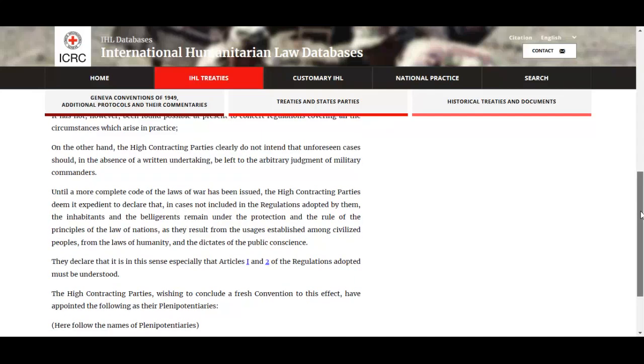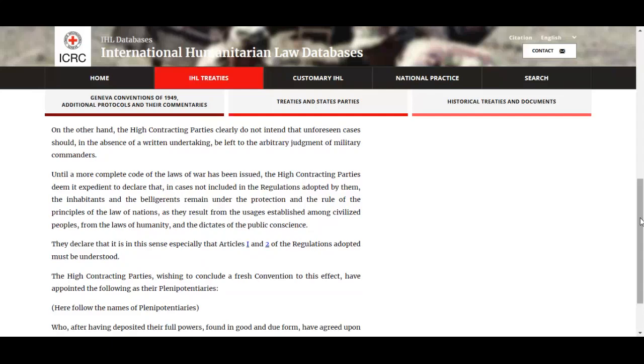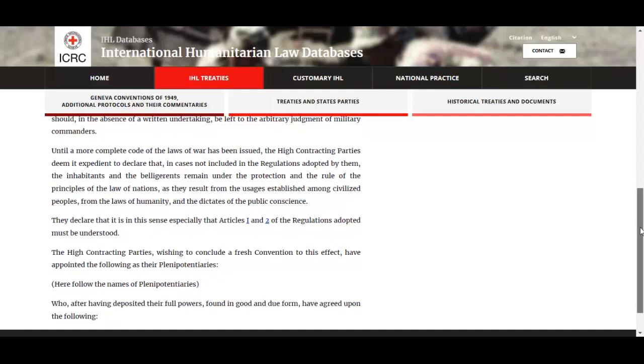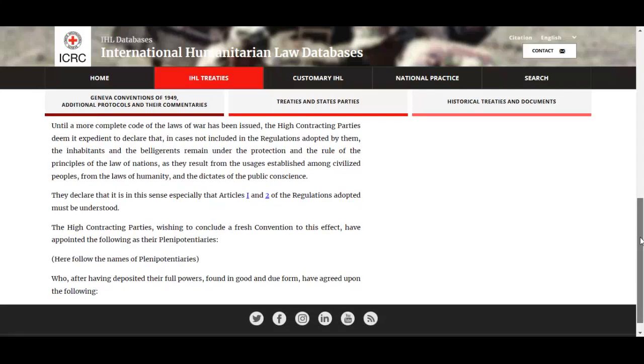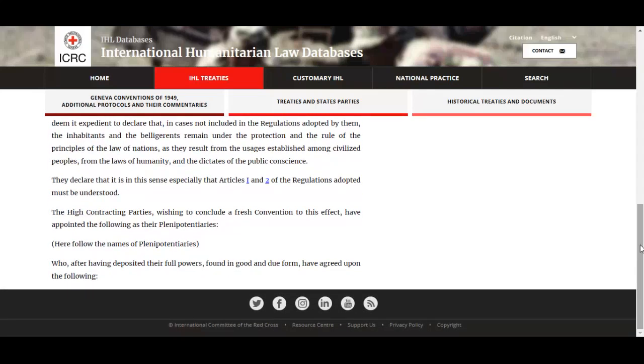that is to say, names of plenipotentiaries not listed here. And if you were like me and you hadn't heard that word plenipotentiary, it's essentially the representative. Speaks on behalf of a nation,